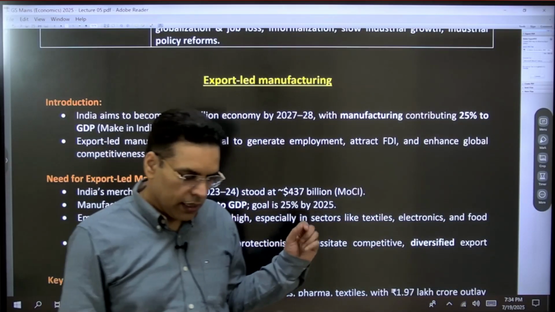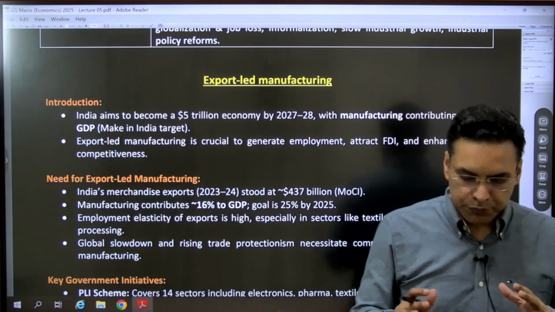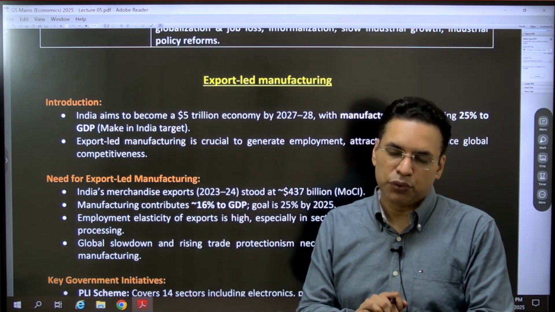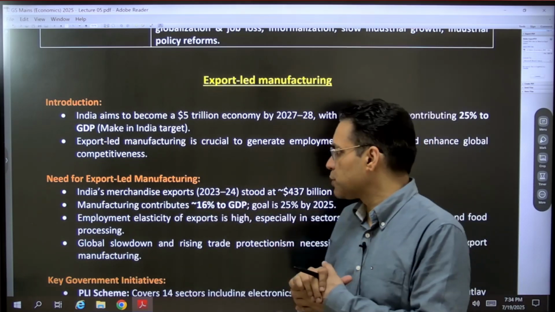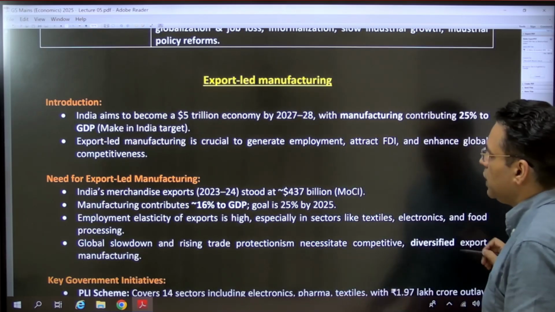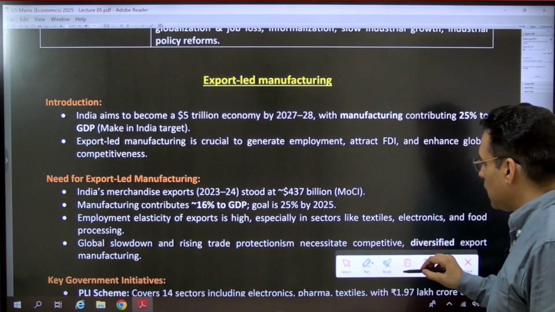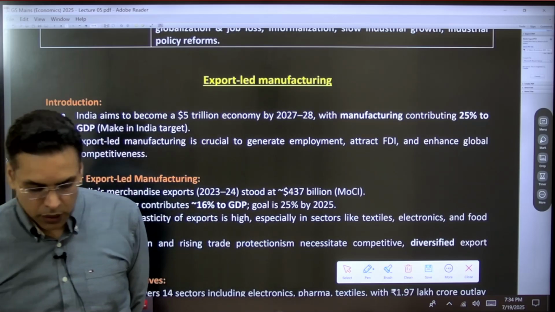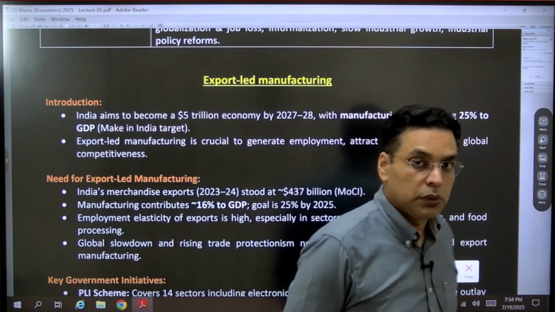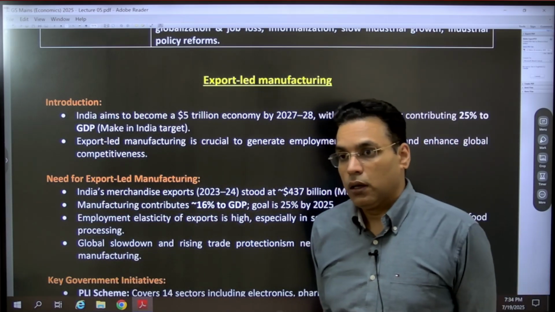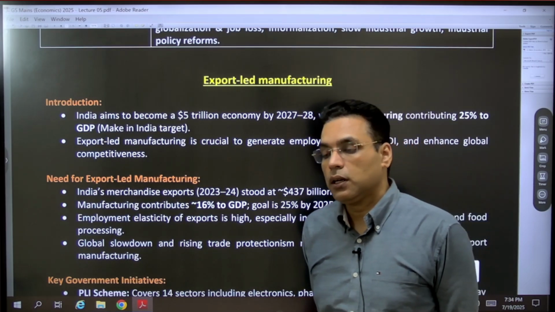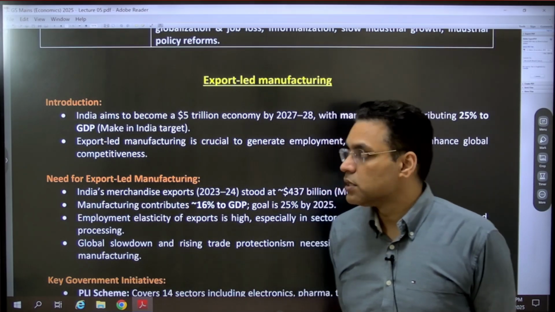Exports in India are very important because, first, they help you to pay for the imports. Second, India has huge potential for exports, and in the last few years India has done exceedingly well in certain sectors like automobiles and petroleum products. We are also good in gems and jewelry. Also we export pharmaceutical medicines.